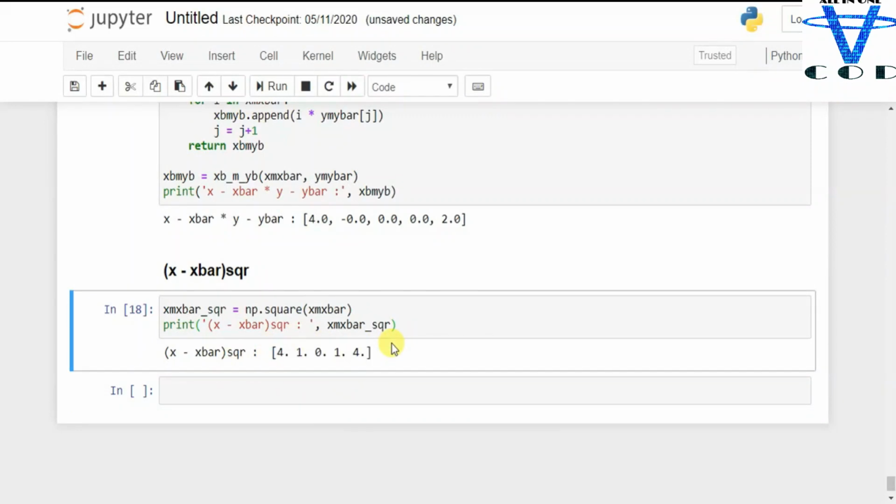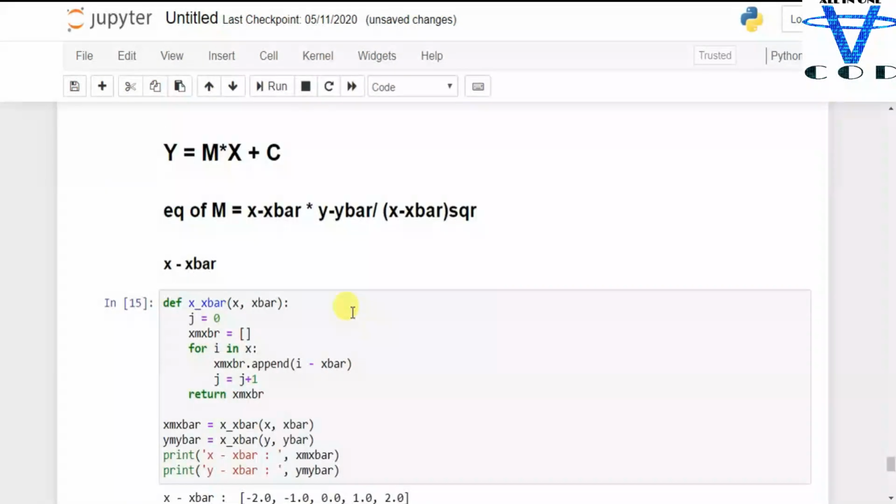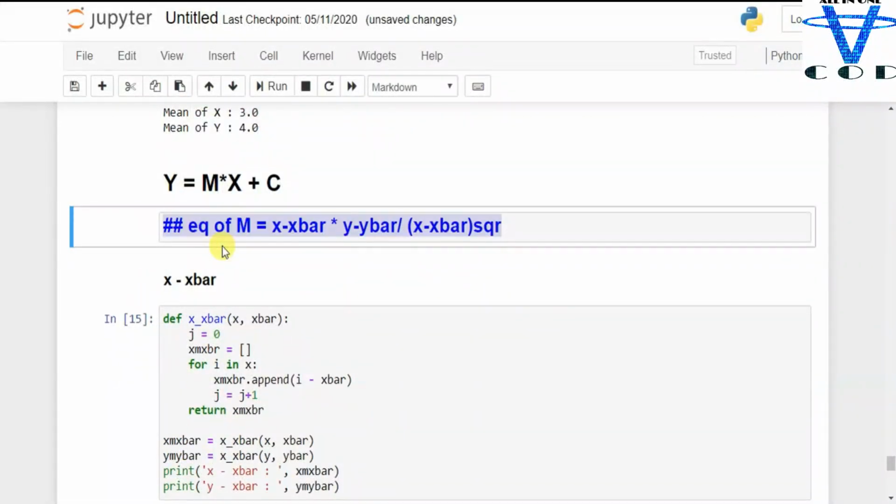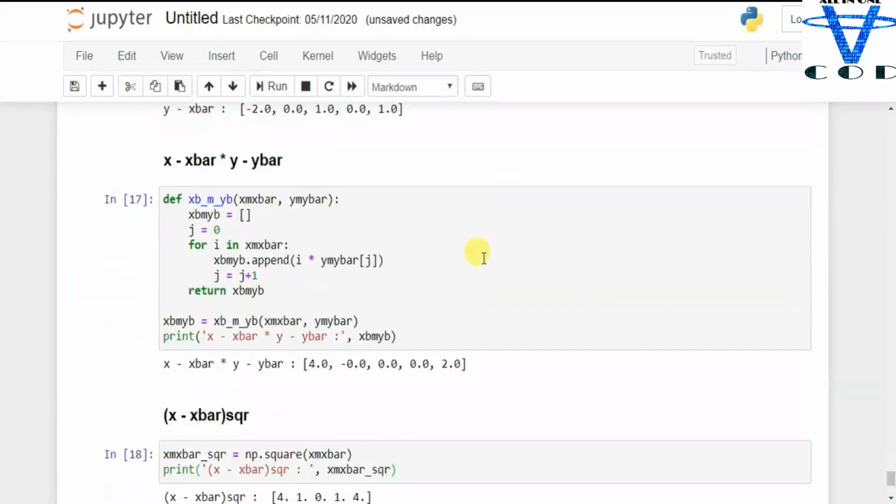Okay, now finally, let's find the m. The m equation is this. I'm gonna copy this equation and put a hashtag in here. So this is our equation.